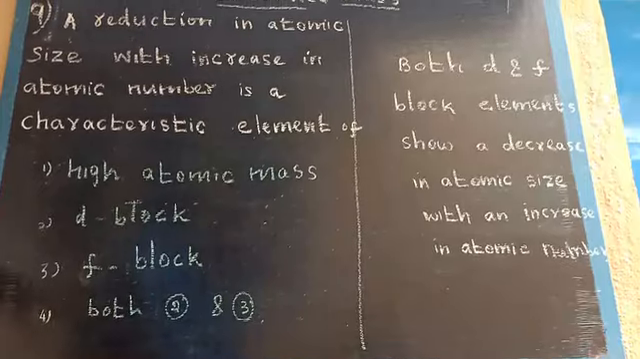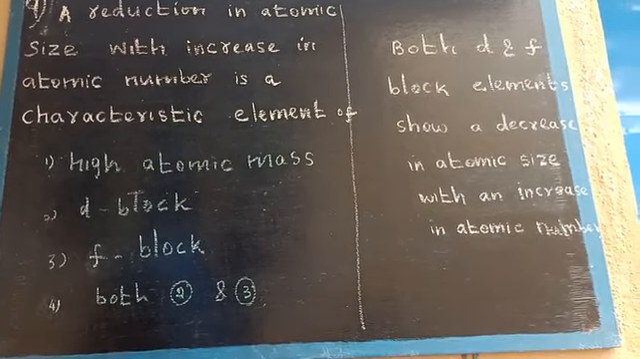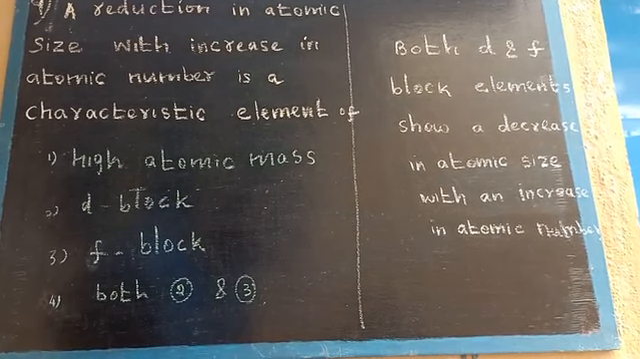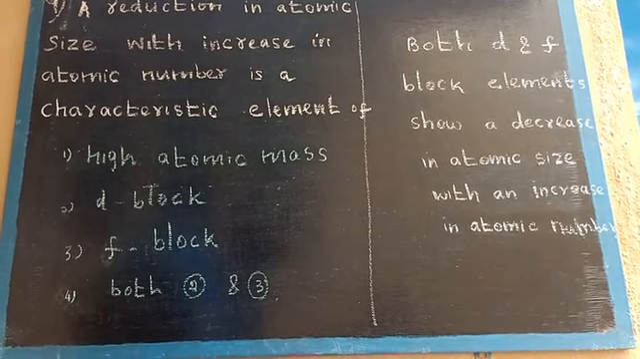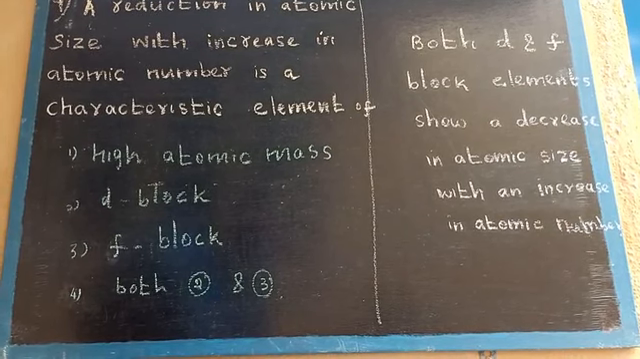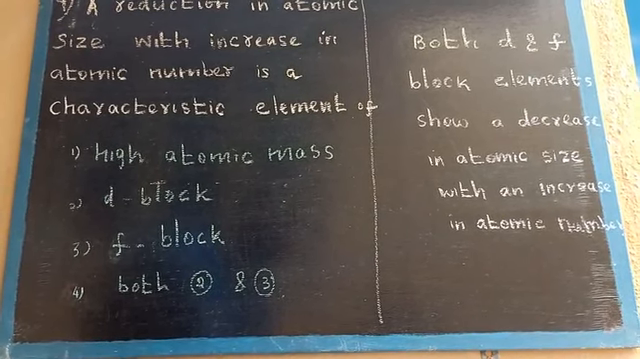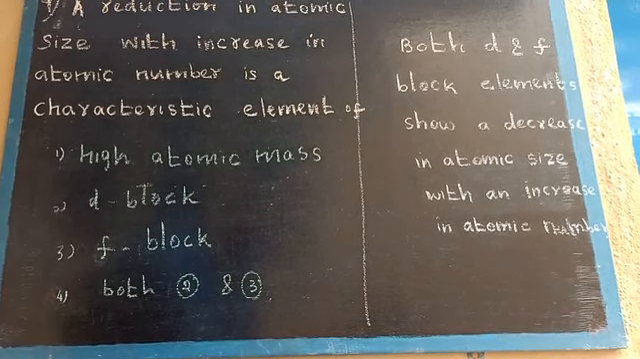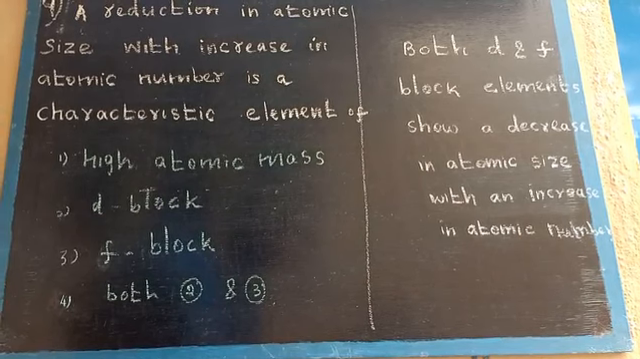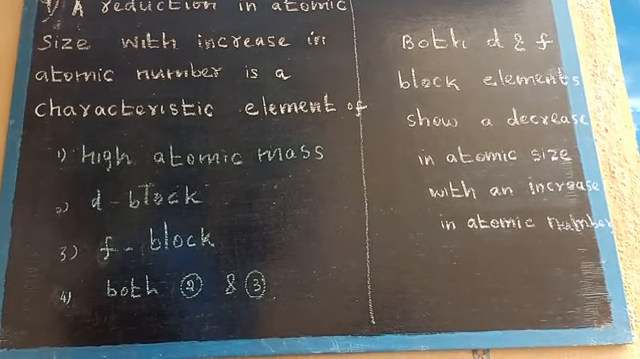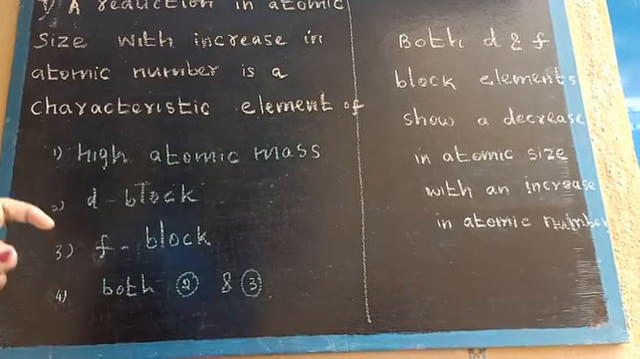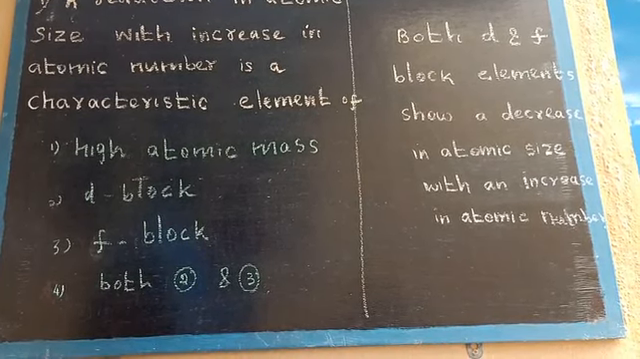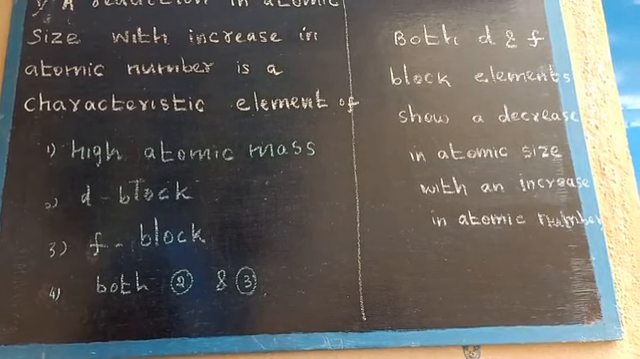VOSO4. Next question: a reduction in atomic size with increased atomic number is a characteristic of which element? Here are the options. First one, high atomic mass. Next, d block. Next, f block. Next option, both d as well as f block. Children, we know the concept. The size decreases